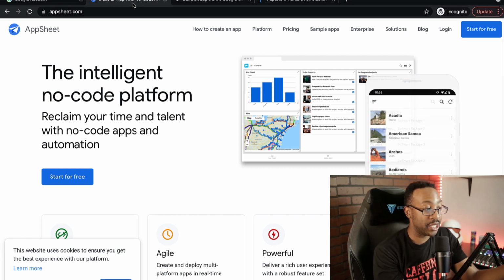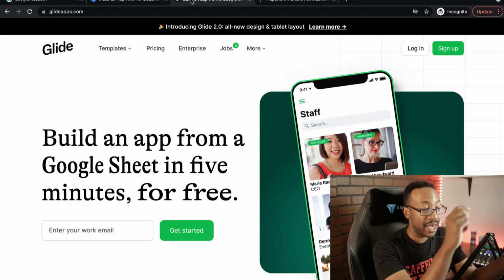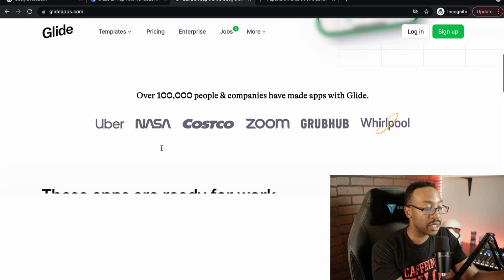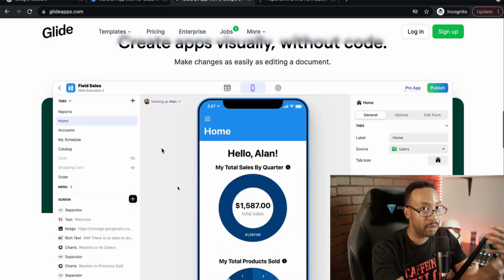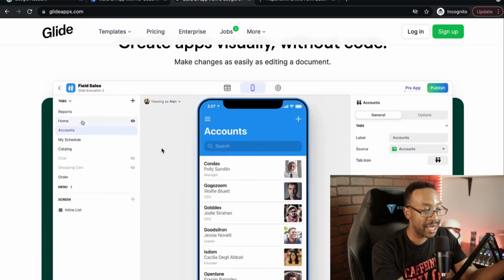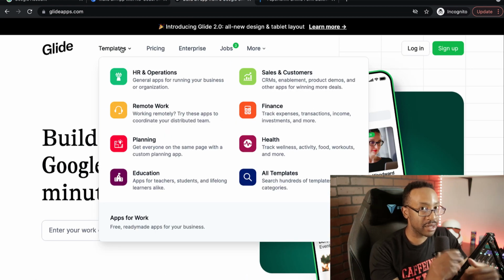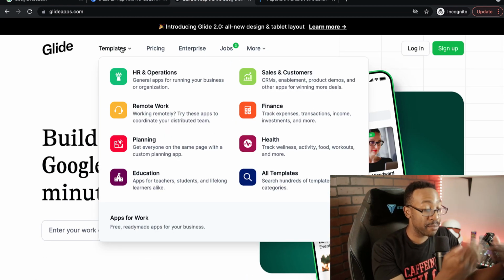Along with AppSheet, there is Glide apps, and you can create an app in less than 5 minutes using a Google Sheet with Glide apps. What I really like about this platform is it's very modern, the look and feel of the apps, and the diverse amount of different templates that you can either get for free or pay at a pretty reasonable price. This can open up your world and build apps within minutes.